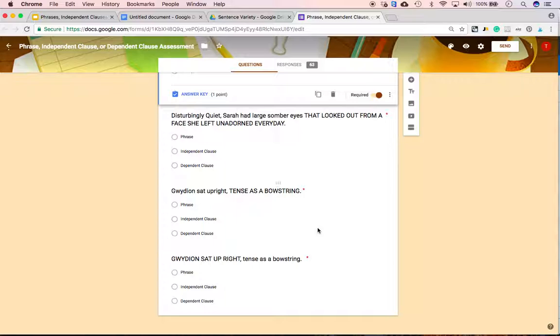Then we get Gwydion sat upright, tense as a bowstring. So all we're focusing on is tense as a bowstring. Is there a verb? I do not see one. Is there a subject? No. So it has to be a phrase. And then finally, Gwydion